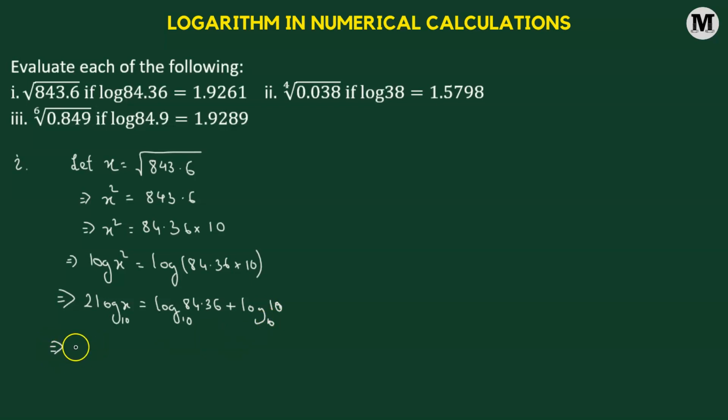Now we have 2 times log of x with a base 10, that's equal to log of 84.36, and it's given that that's 1.9261, added to log of 10 with a base of 10, that's always going to be 1 by definition. This means that 2 times log of x is going to be equal to 2.9261. Now we're going to divide both sides by 2. So log of x is going to be